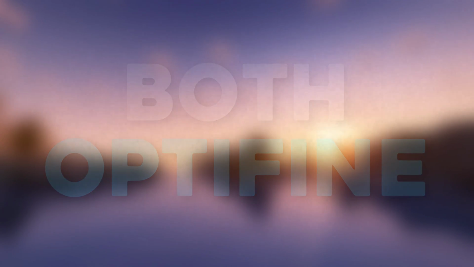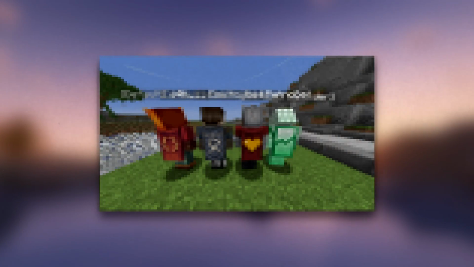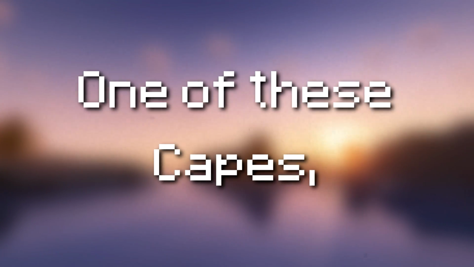You're only supposed to be able to choose between the basic OptiFine design and a custom banner. But this isn't always the case, and some players have actually acquired their own unique OptiFine capes. So in this video, I'm going to be showing you everyone who has one of these capes and how they